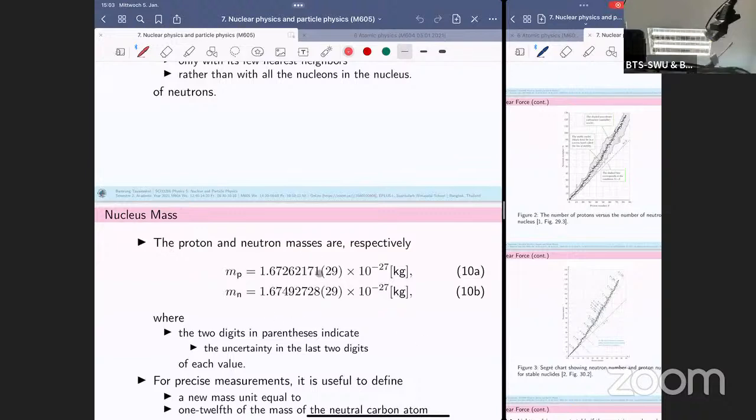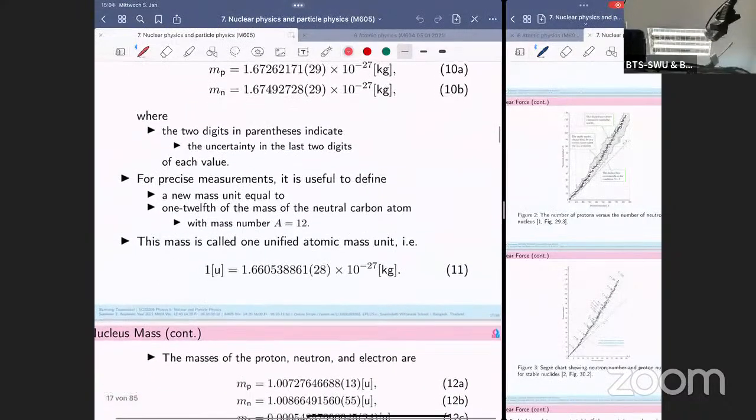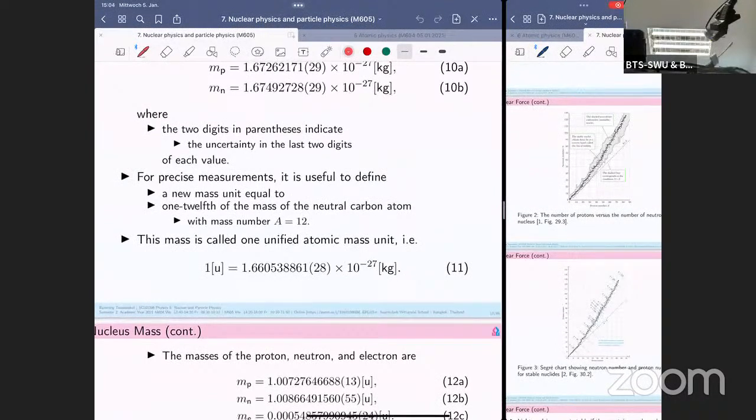There's uncertainty of 71 and 28. I would say you may have seen in the previous chapter that Werner Heisenberg's uncertainty principle said we cannot find anything exactly in terms of location along the x-axis, or energy and time. Once we are talking about something tiny, for precise measurements, it is useful to define a new mass unit